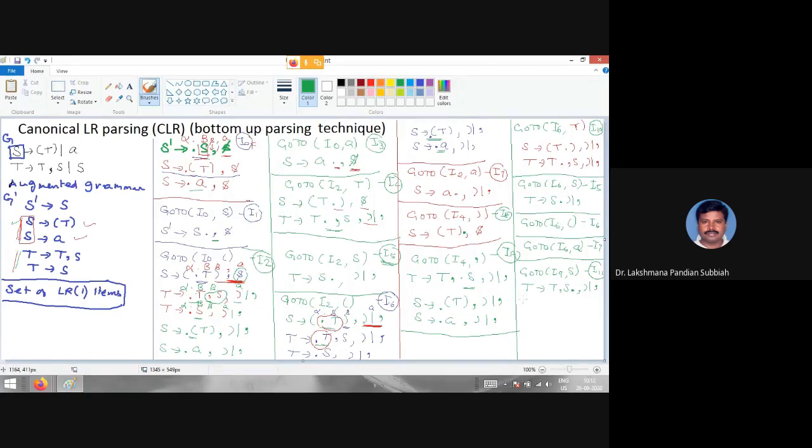Next one is go to I9 comma open bracket. It is a repeat, right? So go to I9 comma open bracket. So this one is here, if you are having that one, I6 only. Then go to I9 comma A. Go to I9 comma A. Right? So this is I7.